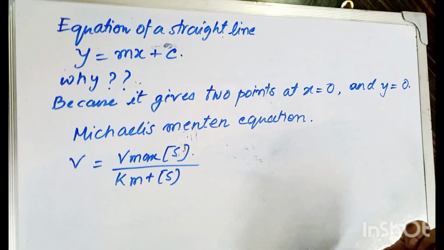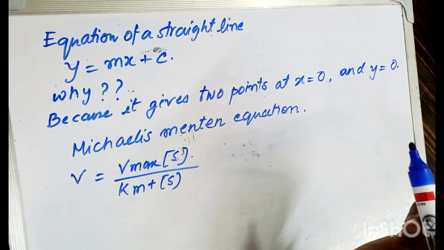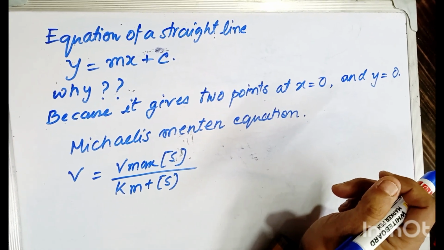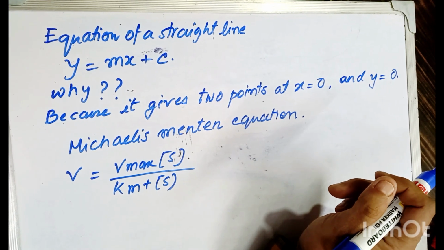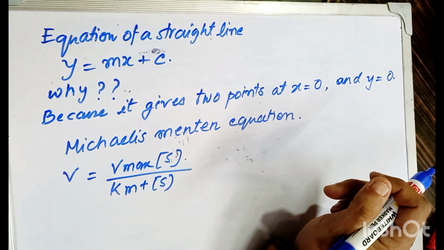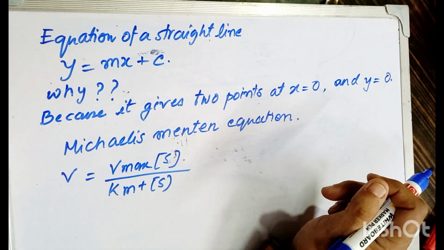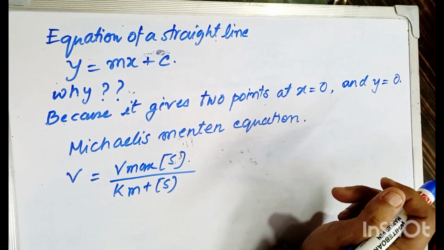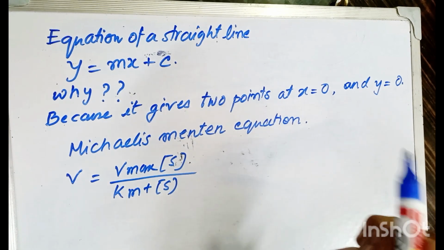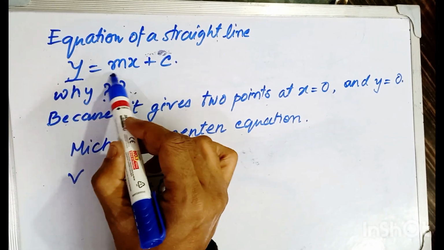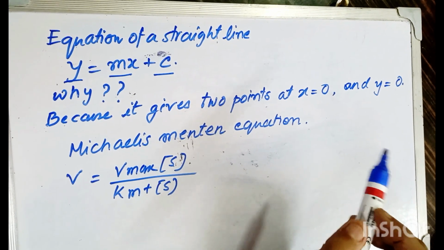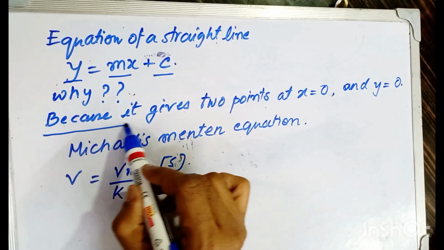Let us now go into an altogether different topic, a little bit of coordinate geometry, and I will later explain why I went through this revision, so that you can correlate that with the enzymes. Let me tell you that the equation of a straight line is y equal to mx plus c. Why is it an equation of a straight line? Because it gives 2 points,